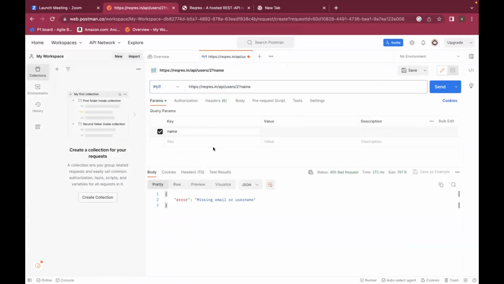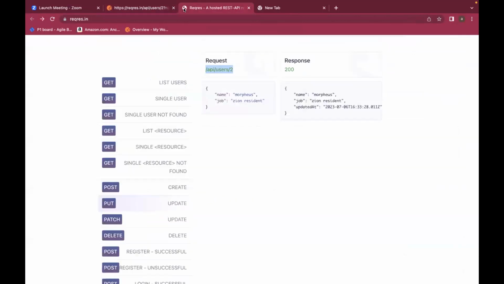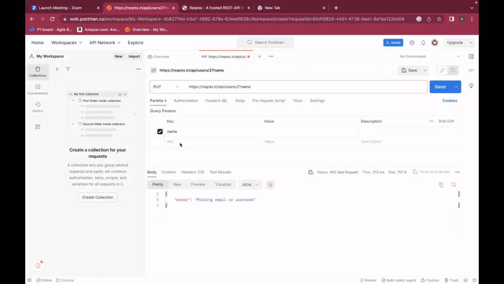Okay. So now you also have some payload, I believe. Check it there. Okay.